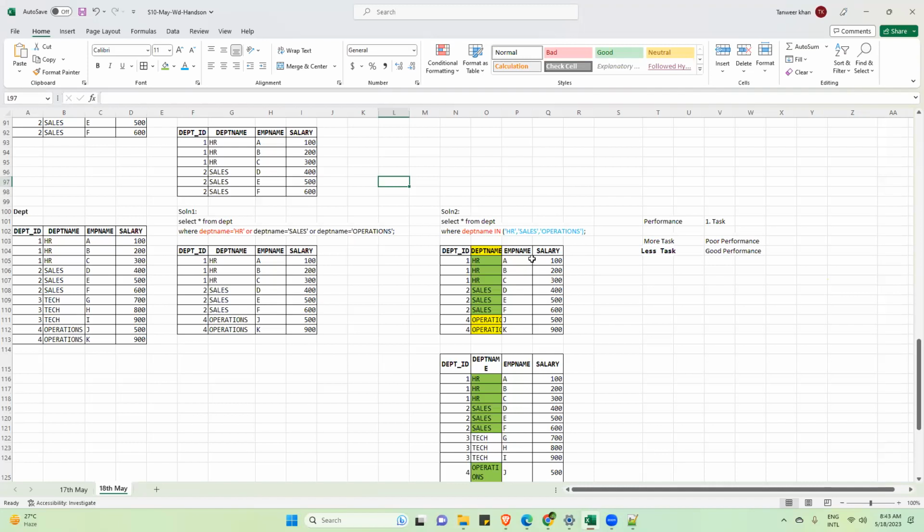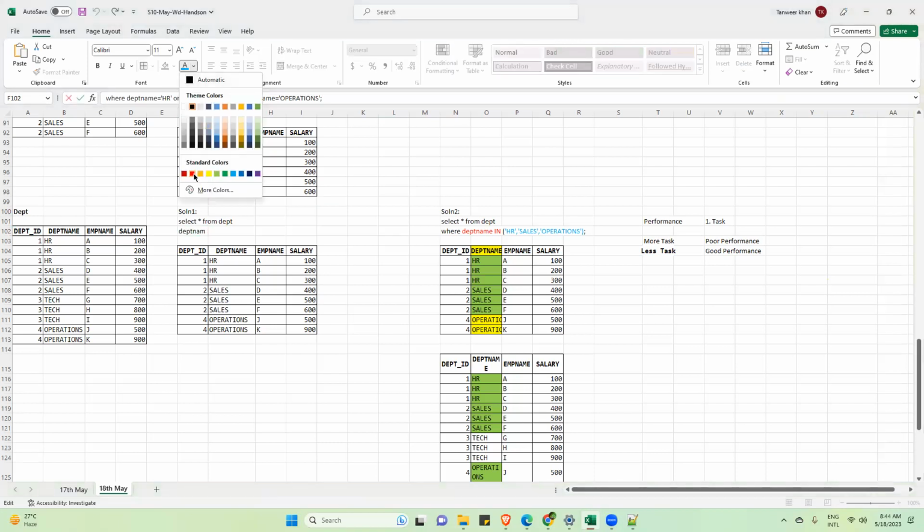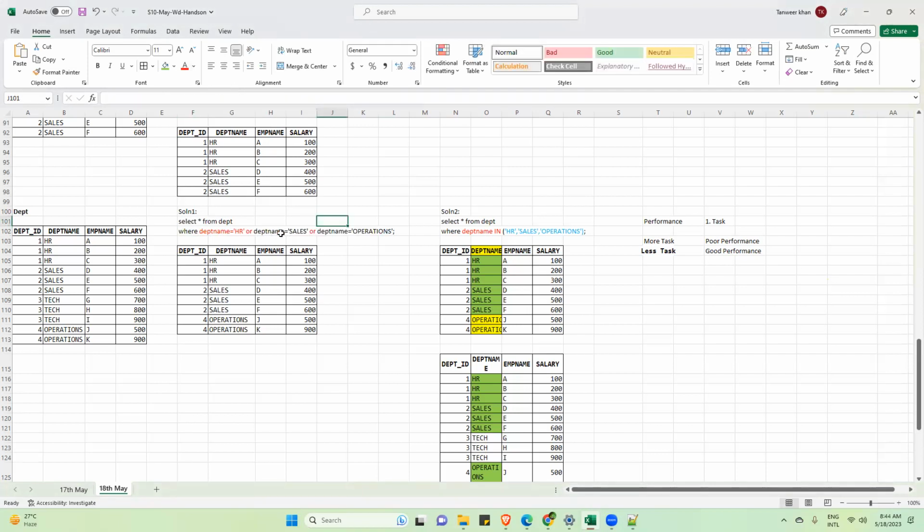Is my question clear first of all? Yes, it is. I will repeat my question. Here you see all the conditions are in OR, right? So for this, I told you that when you have multiple OR conditions on the same column, you can use the shortcut technique, the IN operator. Now the question is, do we have a similar shortcut when we have the AND operator? No, we don't have. So we have the shortcut only when you have the OR operator. For the AND operator, we don't have any shortcut.